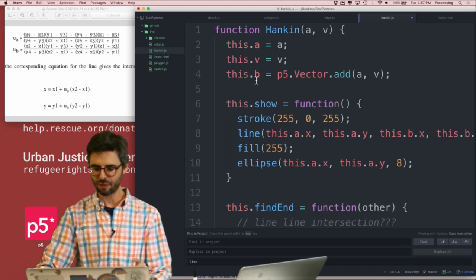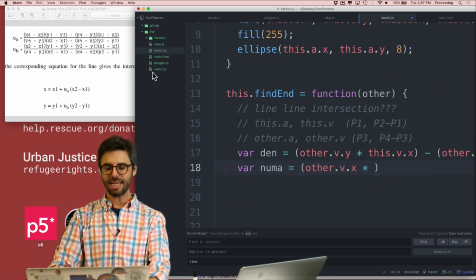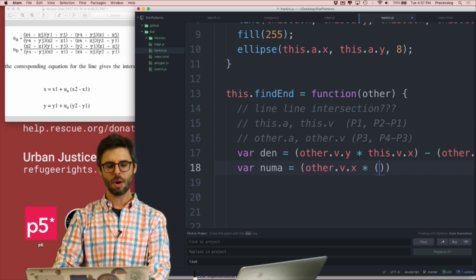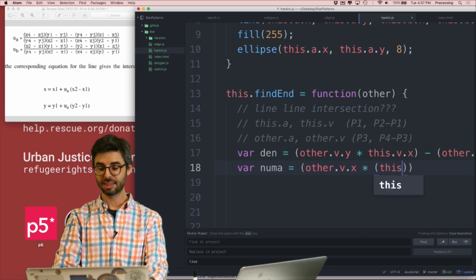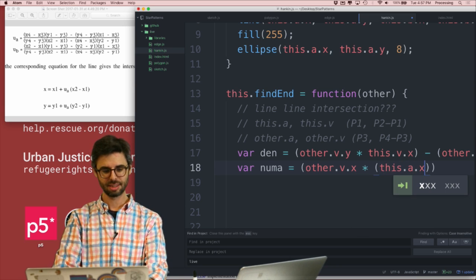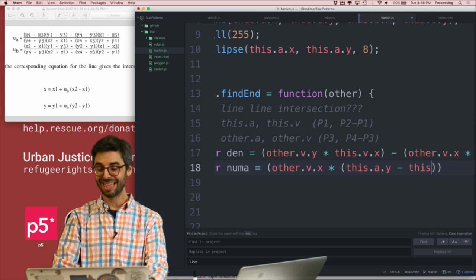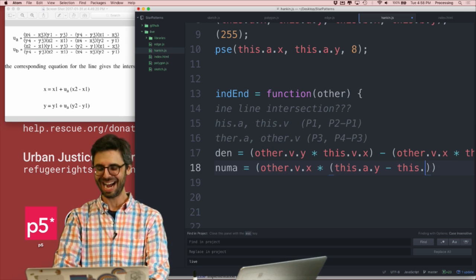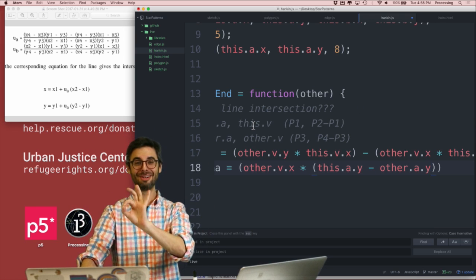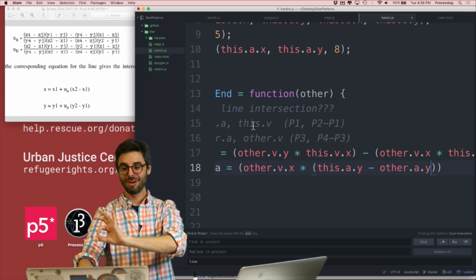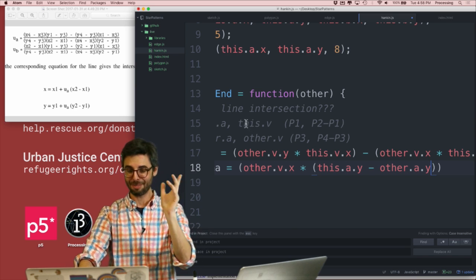Okay, now coming back over here, this is the hardest part of the whole thing, I think. So now I need to say y1, and y1 is a though. So y1 is this dot a dot y minus y3 is other dot a dot y. So 1 and 3 are this dot a and other dot a. 2 and 4 are this dot b and other dot b. And then